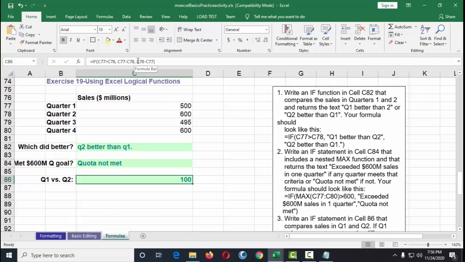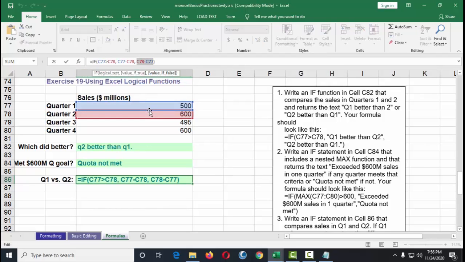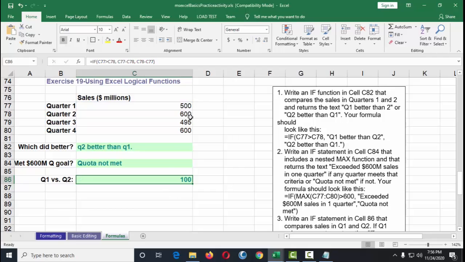That means it used this argument, because it is false. So this is C78 minus C77, which is 600 minus 500. That's why our answer is 100.